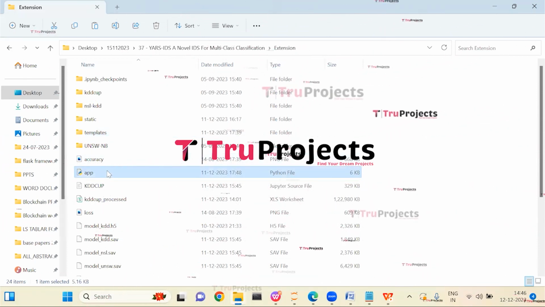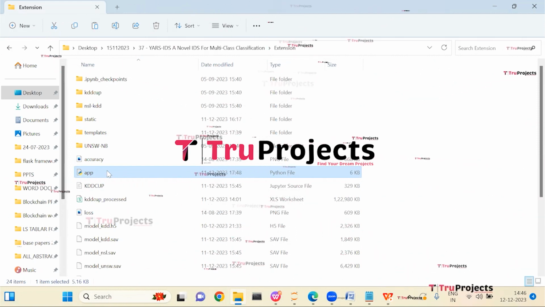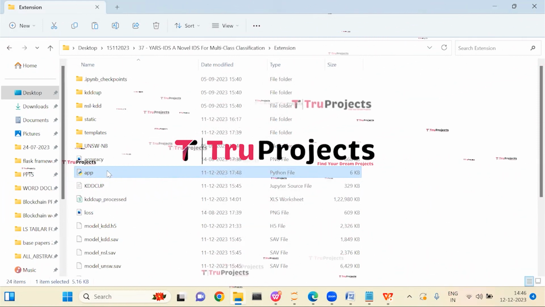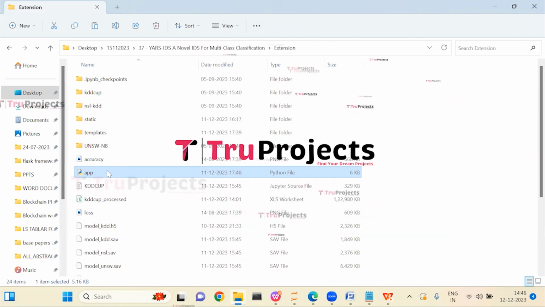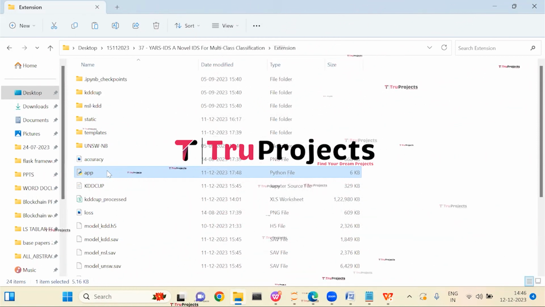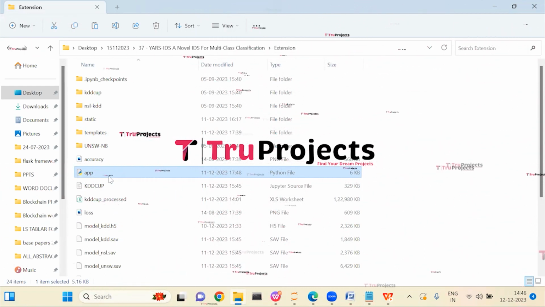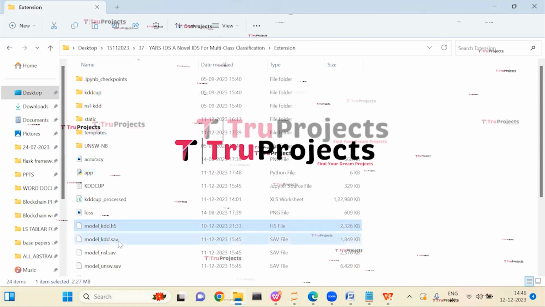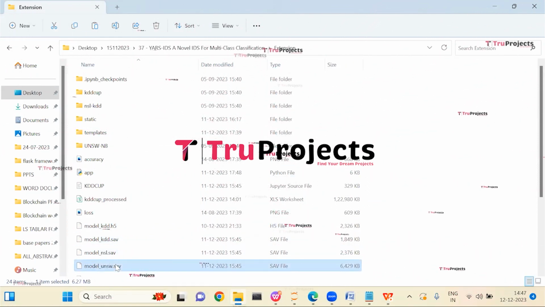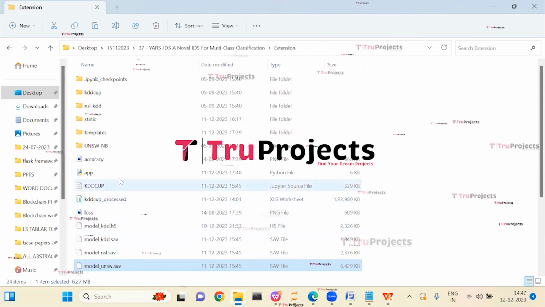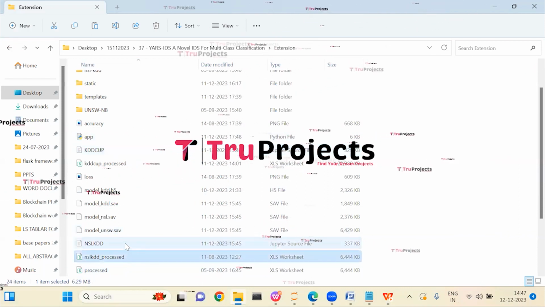This is app.py file. This .py file contains the information related to front-end logic. It includes code written in Python that handles server-side operations such as processing user requests, interacting with the database, and generating dynamic content to be rendered in the HTML templates. These are model files which contain algorithm information which will be loaded into the project code during runtime. These are notebook.ipynb files.